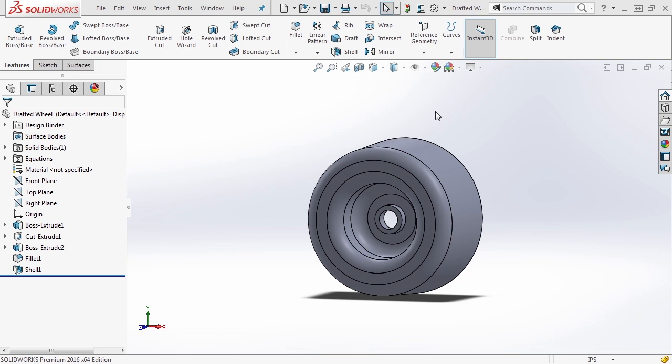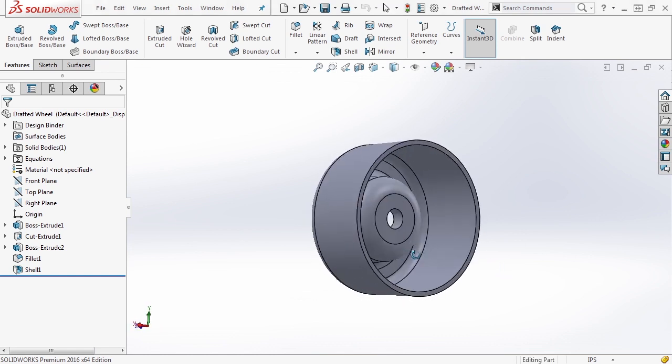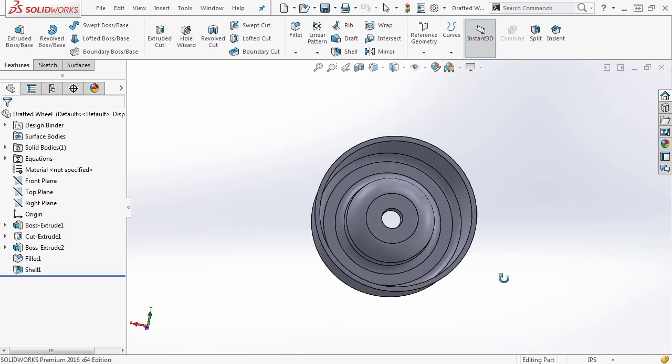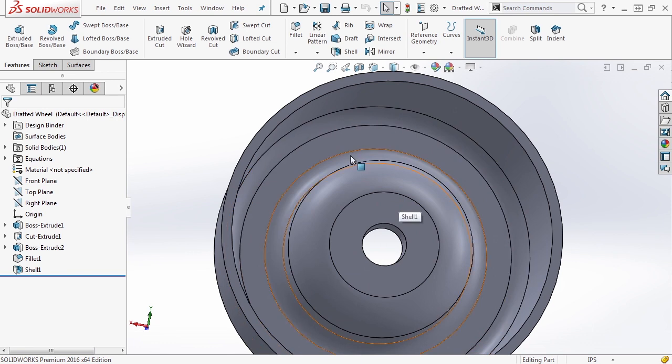Okay, let's carry on with our drafted wheel by adding a bit more structure to it. Currently, it's a very thin wall structure and it has an open back. Of course this is a child's toy, so the load's not going to be much, but you can expect that with a child's car, they're going to put a bunch of weight, they're going to lean on it, and this is not a very strong design. So what we'd like to do is add some ribs to the back to give it a little bit more